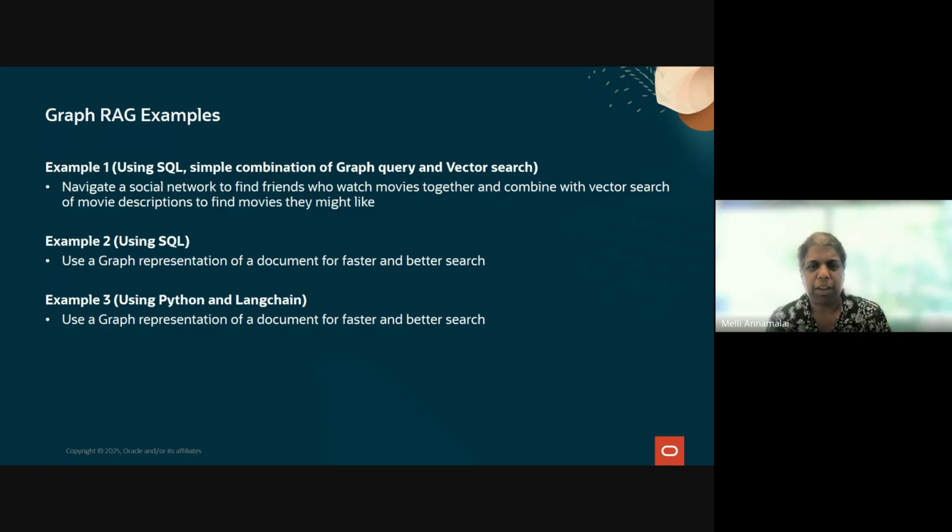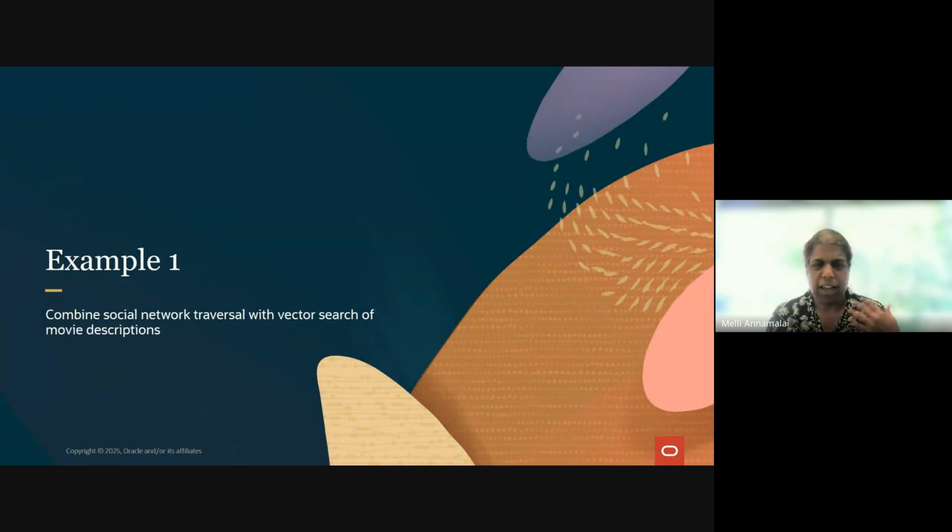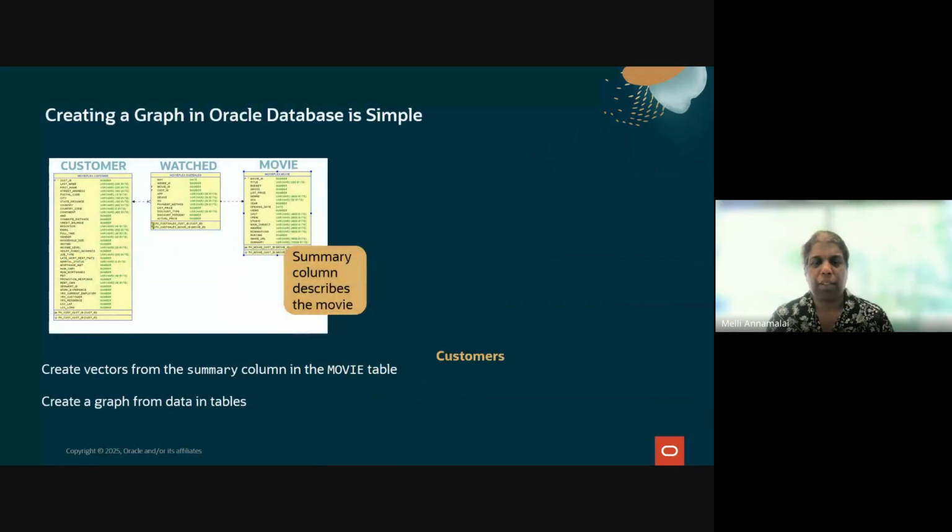So the first example, the really simple example, is this. I just want to combine graph search with vector search. So I want to combine social network traversal with a vector search of movie descriptions, because I have this data set here where I have custom information on customers watching movies, and I want to use this to basically learn how to make good recommendations for a customer or a set of customers in terms of what movie they